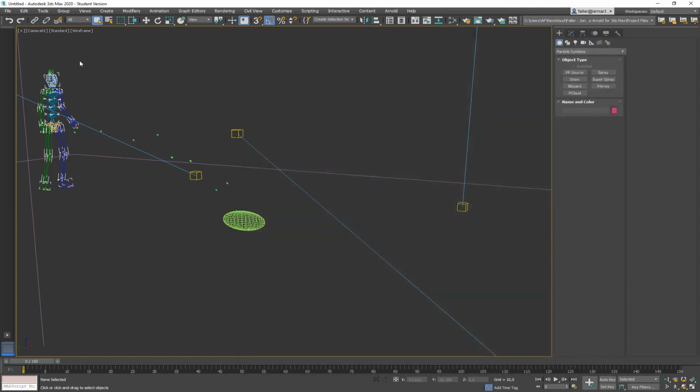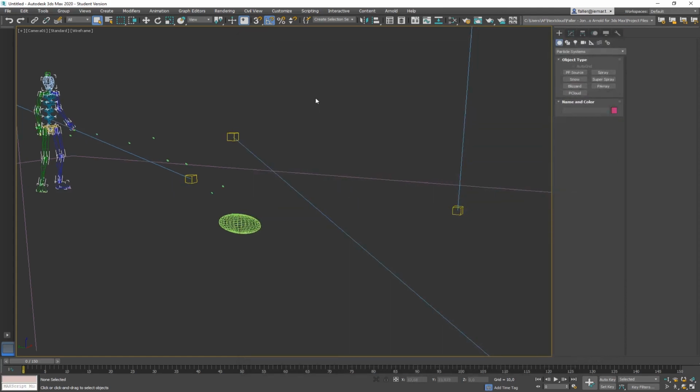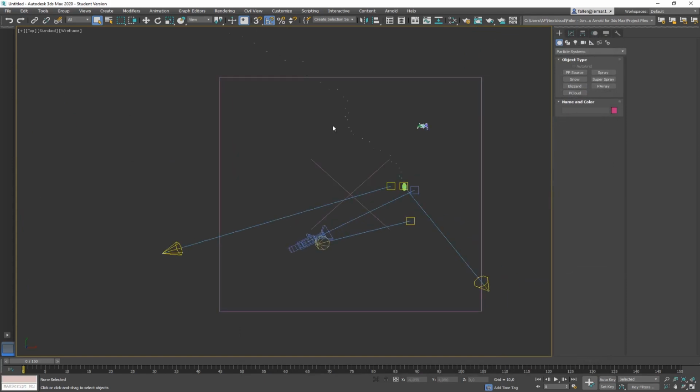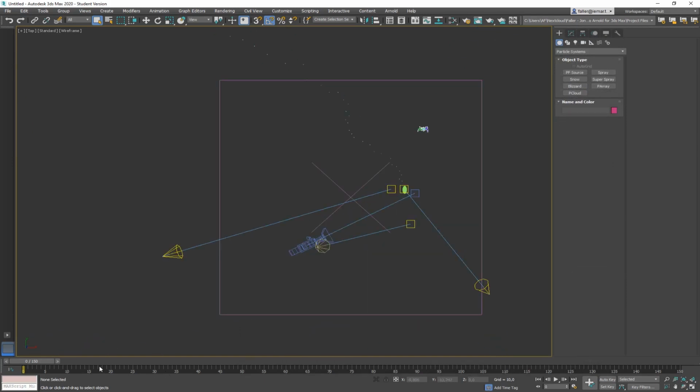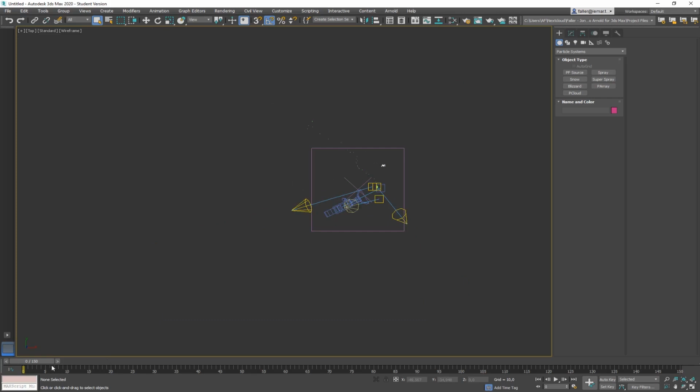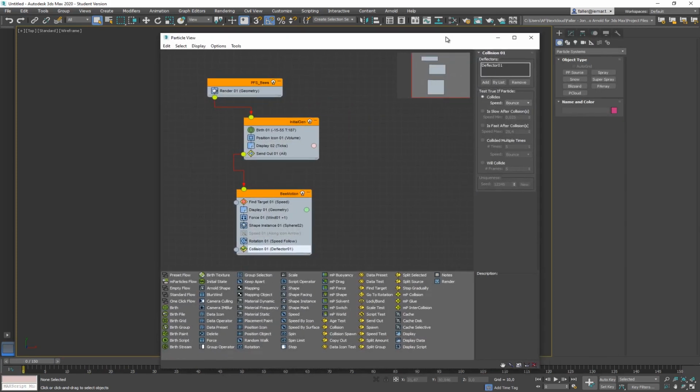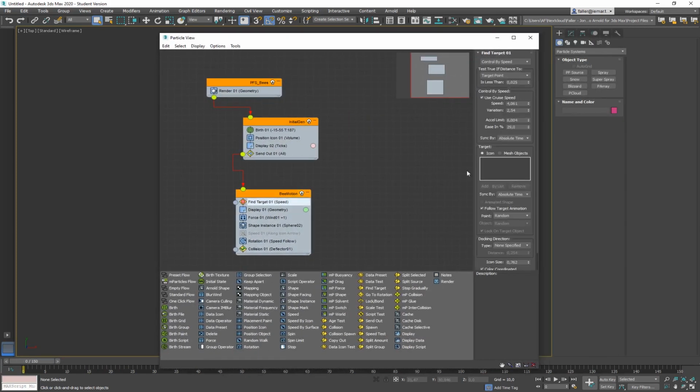As I said, they are not always working perfectly, those elements, but see, where do they fly? The bees don't know where to fly. Usually they should have a target. Let's quickly fix that. Let's hit 6, and here is the find target, and you define your target.